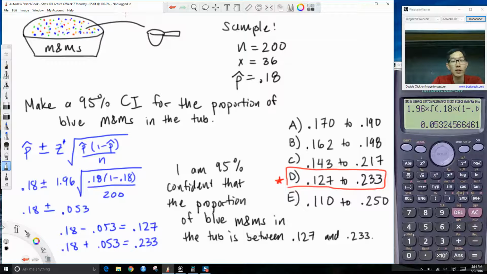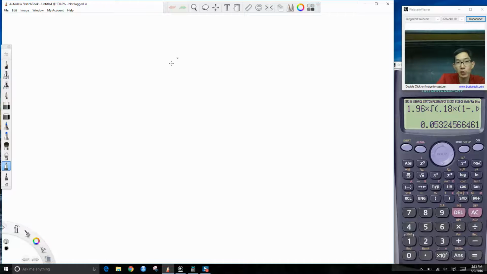Okay, so we are getting 1.96 from the normal distribution. The central limit theorem basically says that the distribution of p hat can be approximated by the normal distribution. And so when we look at the normal distribution,